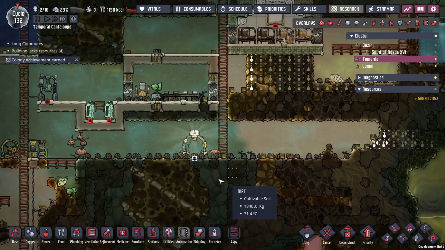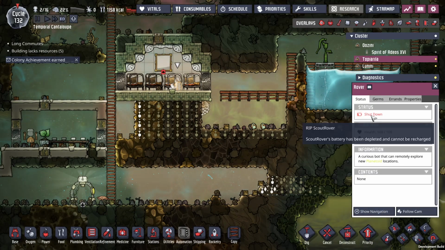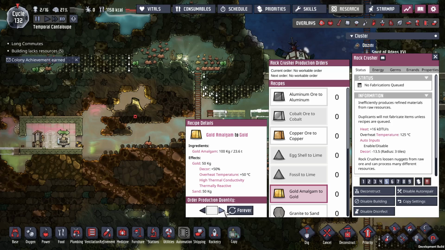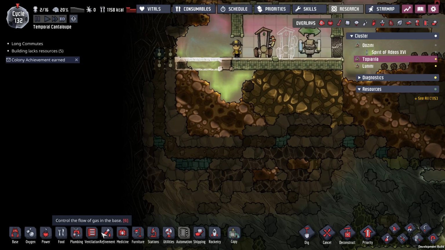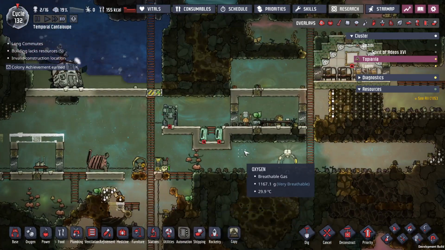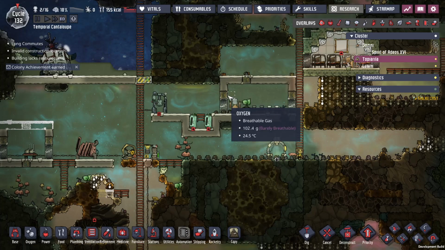And how do I recharge Sad Robot? Where is Sad Robot? There you are. Has depleted and cannot be recharged. Okay. You. Make me gold. And refinement. And my stress is coming down because this is now Great Hall. And now that meets his...